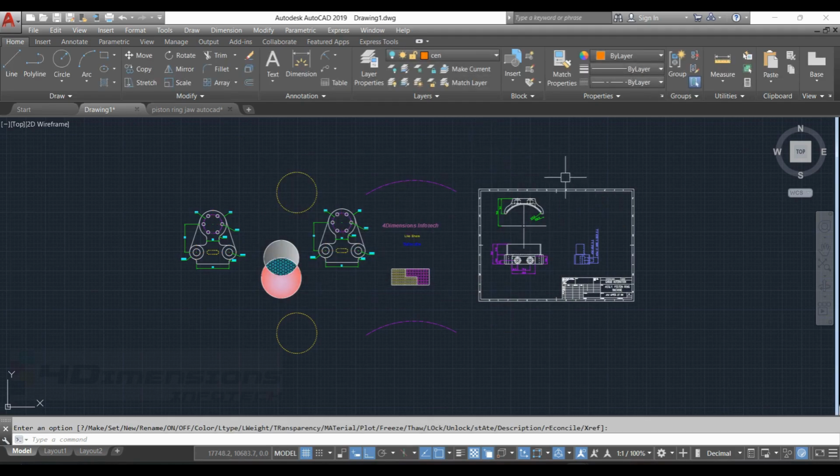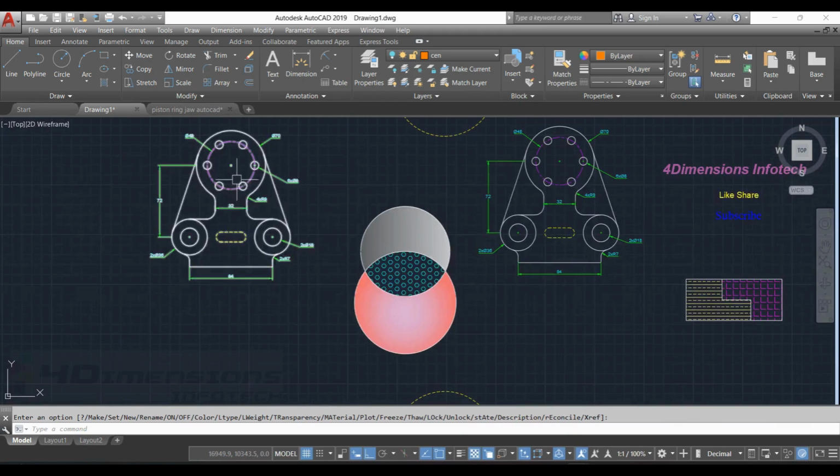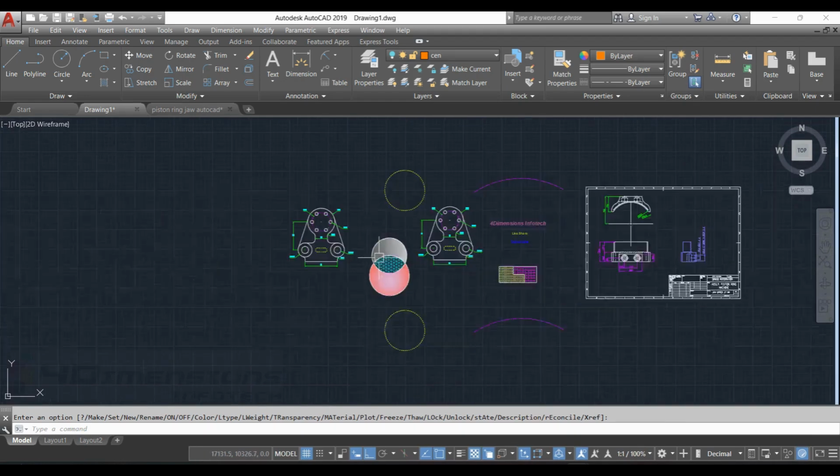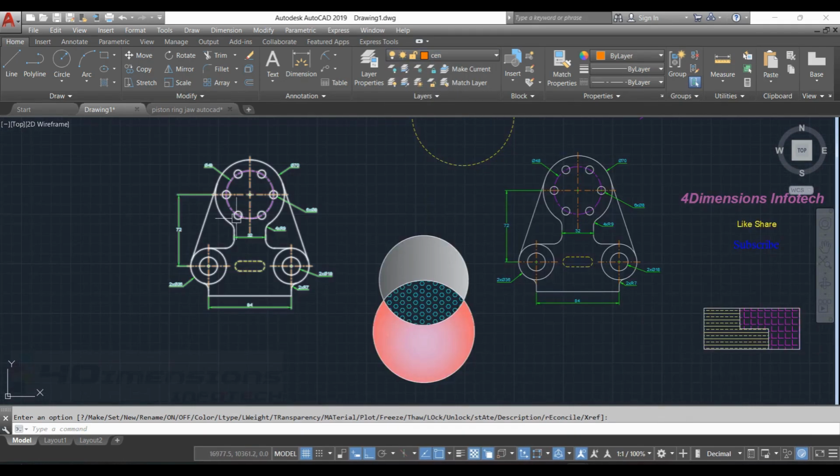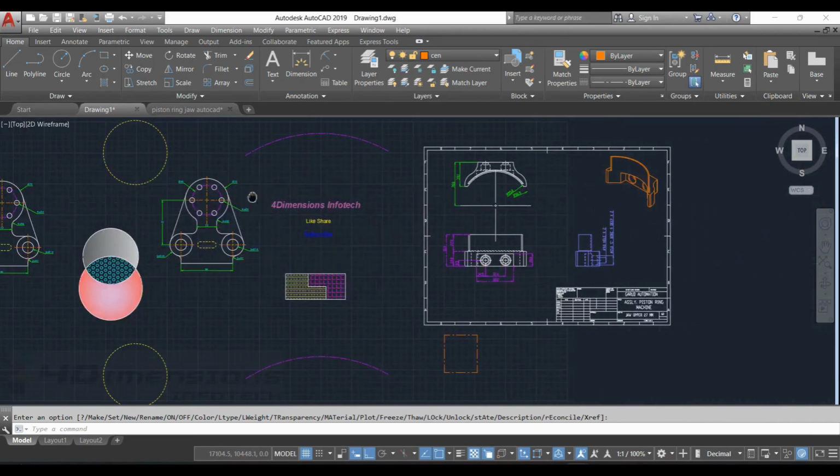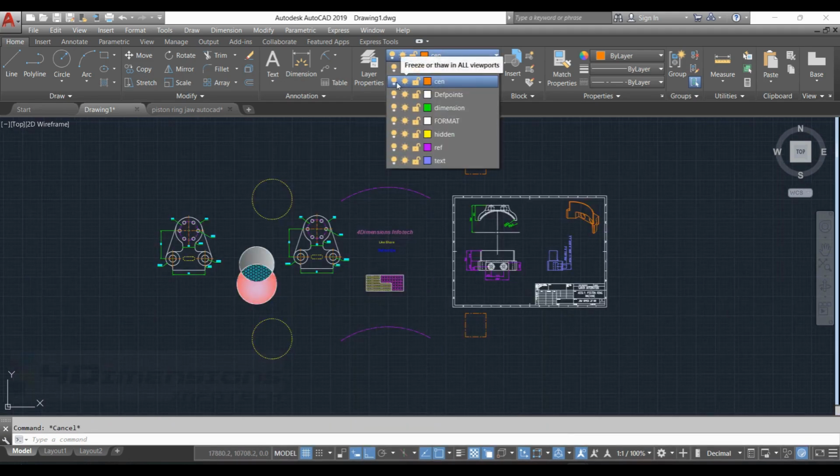Objects made by this center line layer are now off. We can see the center marks are also not visible. I'll turn them on again. Here we can see the center marks are now present, and these objects also. And if I freeze this current layer instead of turning it off, suppose I try this freeze option here,